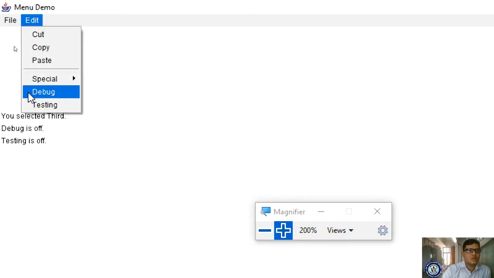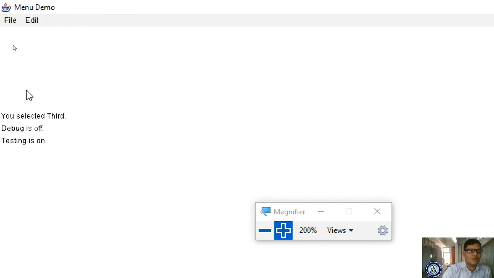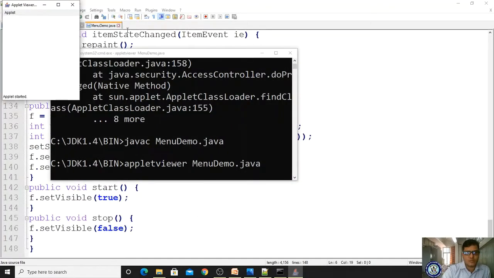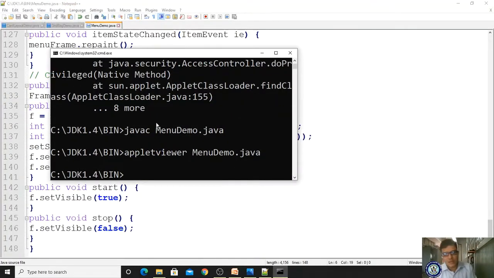Now these are the checkable menu items. Please observe here, these are the checkable menu items, hence a check mark is appearing. When I click on testing, a check mark also appears. If I deselect, it goes off. Got it? Yes. So likewise you can evaluate your program. While doing these applet programs, you must have more patience, otherwise it doesn't give you the right answers.